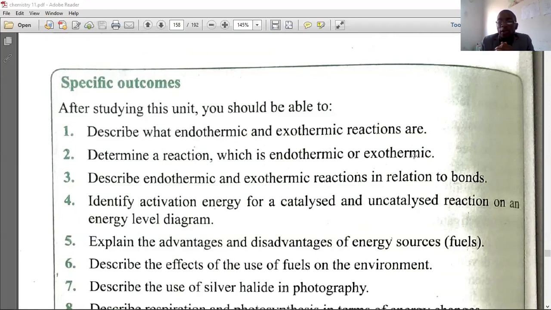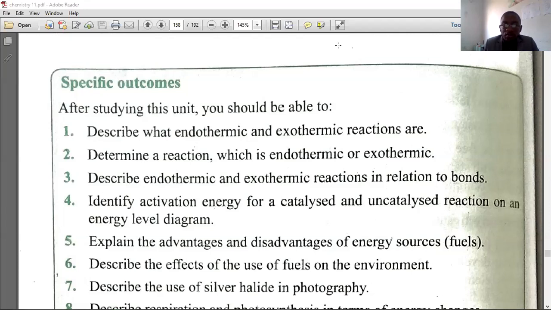In the previous session, we looked at how to describe endothermic and exothermic reactions in terms of energy, heat loss, and heat gain. Then we looked at a few examples, and we demonstrated a practical on how we can determine which reaction is endothermic and which is exothermic. Now, thinking about endothermic reaction in terms of bonds,